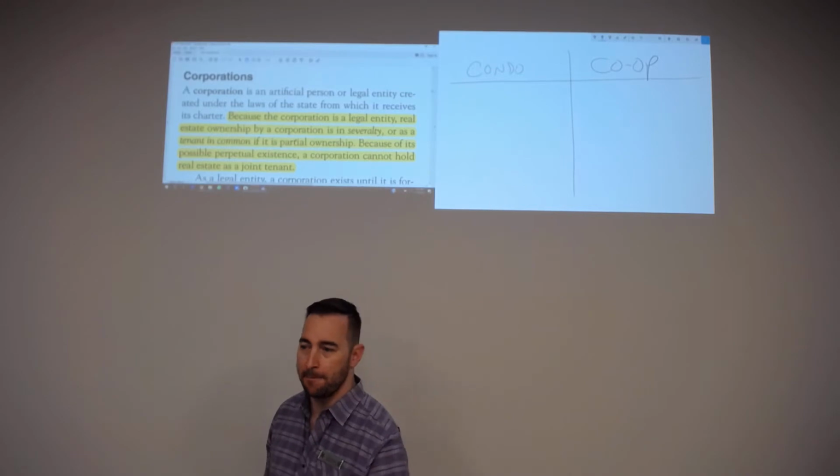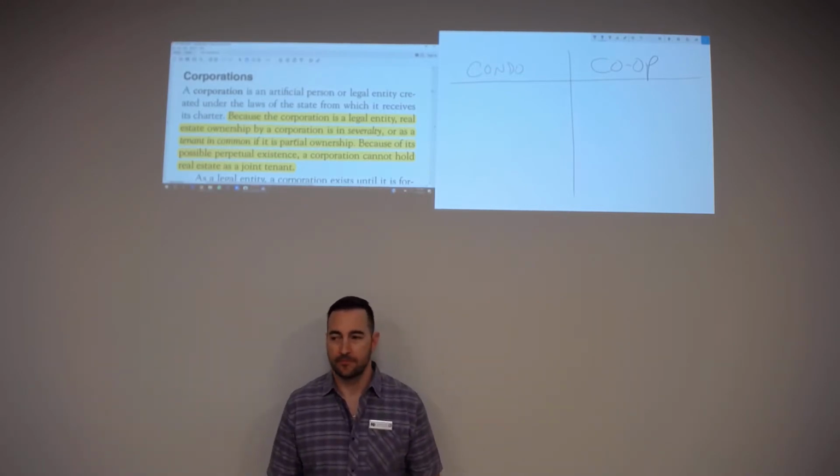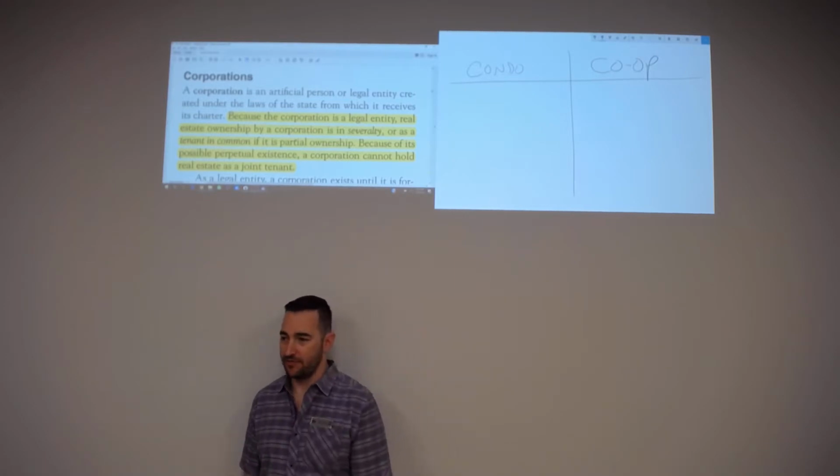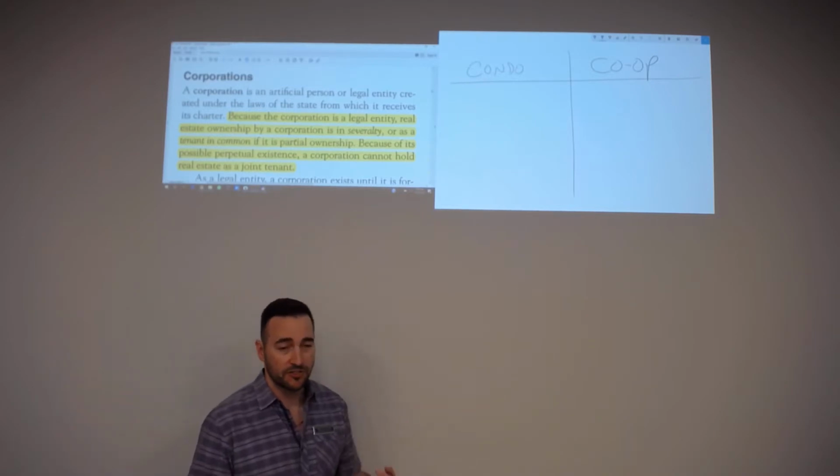Real quick, what's the main feature of a joint tenancy? The right of survivorship. Yes. So if one dies, it goes to the others. Right? So what we're saying here is,